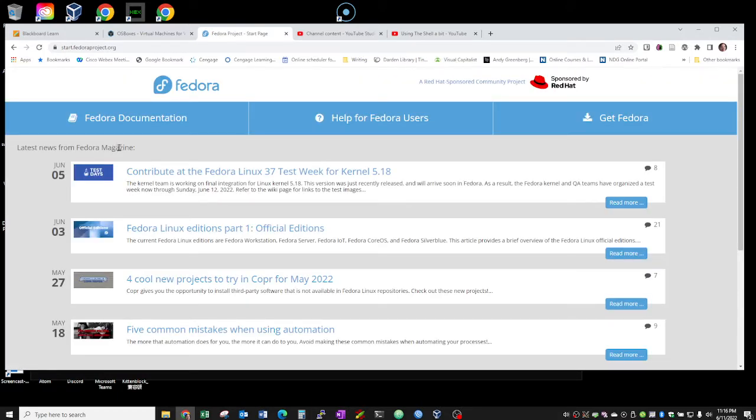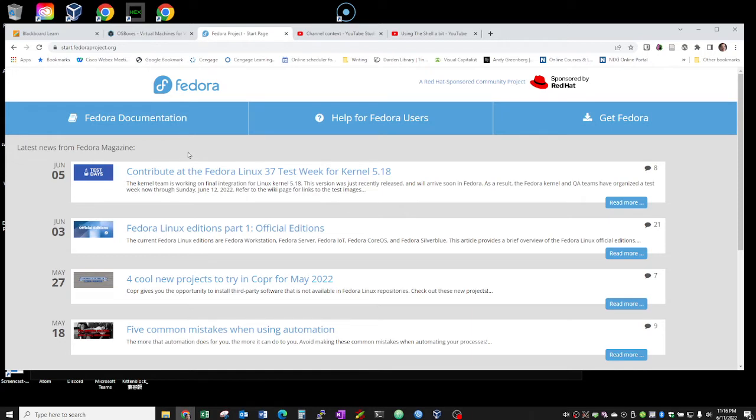Now this is by the same people that made Red Hat, and Red Hat is an enterprise Linux. They provide support. It's a supported product. It has a full staff development team. They also created the community edition of Fedora and also CentOS, or two community editions that the Red Hat folks